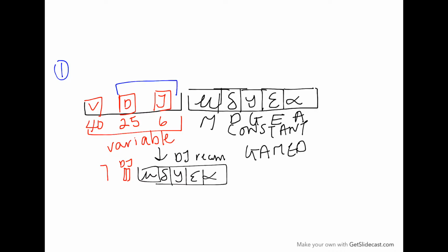Okay, but we still have our V, we still have 40 V's, but here we have one D and one J. So this is the first thing that